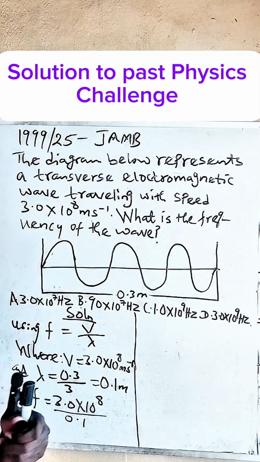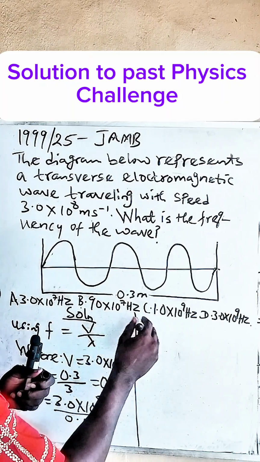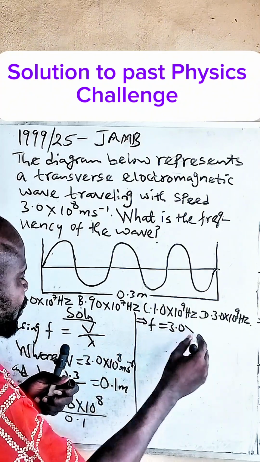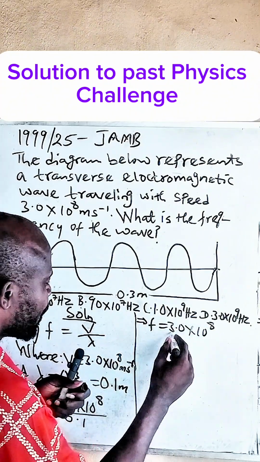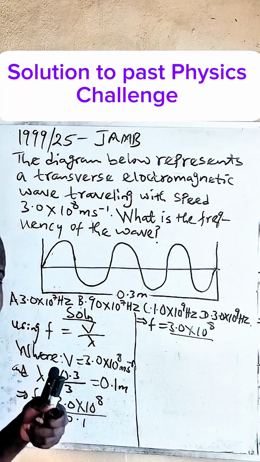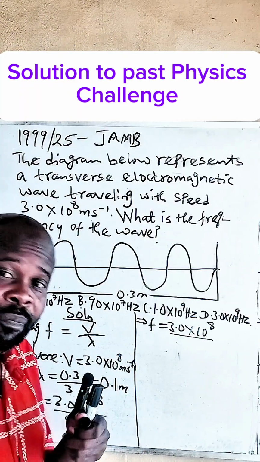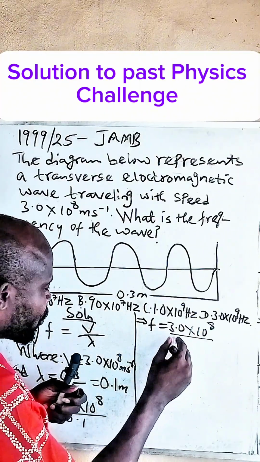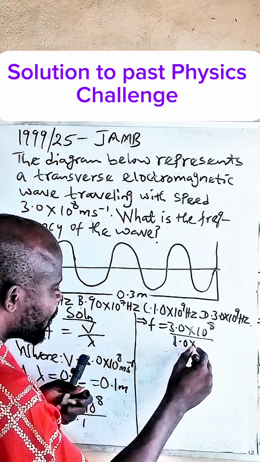Now, at this point, we can proceed to say that the frequency will be equal 3.0 times 10 raised to power 8 divided by 0.1. In standard form, since the numerator is in standard form, I should keep the denominator too in standard form. You agree with me that this one is the same thing as 1.0 times 10 raised to